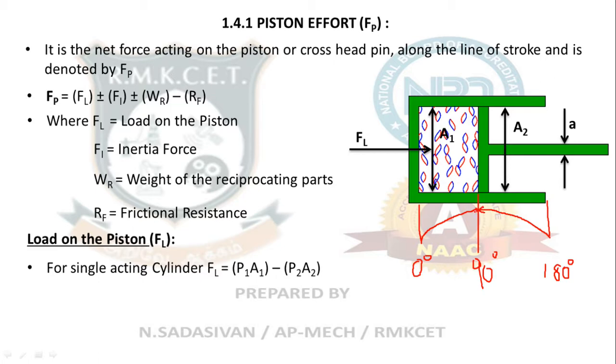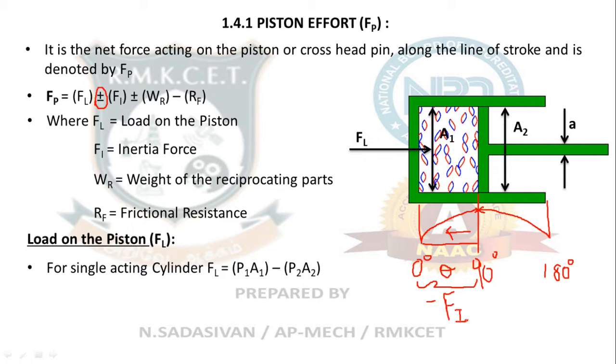So in this particular segment of 0 to 90 degree of theta values, your piston is trying to move faster, therefore inertia will slow you down. So if your theta value ranges between 0 to 90, use a negative symbol here. If your theta is 0 to 90, negative inertia force. That is how you have to decide what symbol to take.